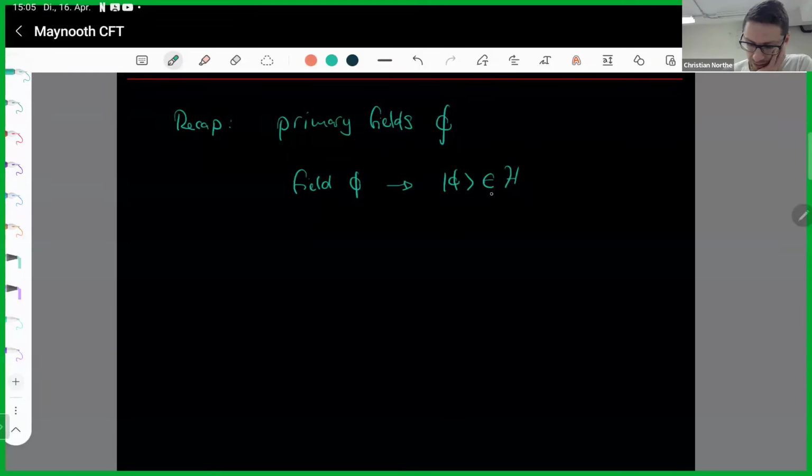And in particular, if this state is primary, let me turn off this WhatsApp. It's annoying. And if we turn off,